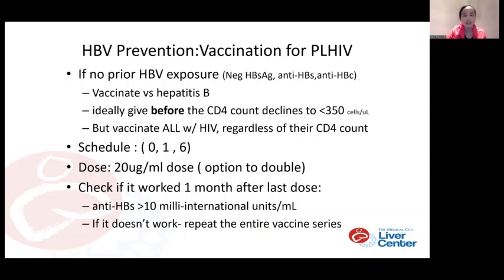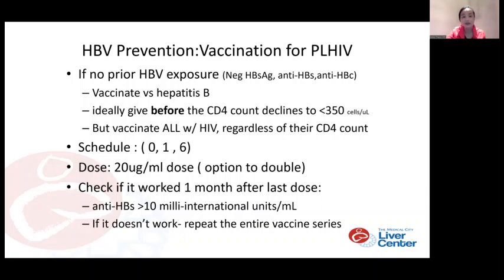For these patients, they should be vaccinated against hepatitis B. Ideally, we should vaccinate patients before their CD4 counts decline to less than 350, but the CD4 count should not be an impediment to vaccination, and we should vaccinate all with HIV at a schedule of